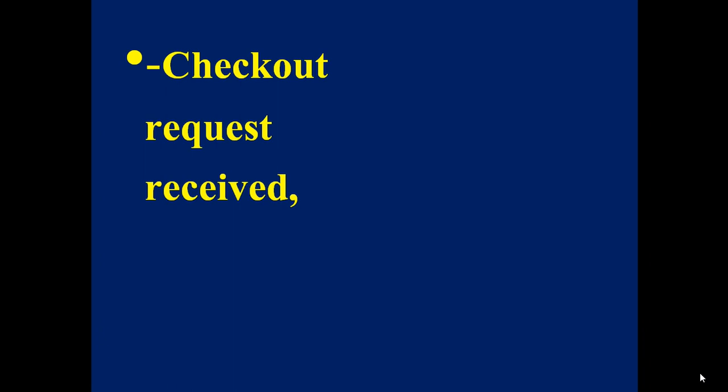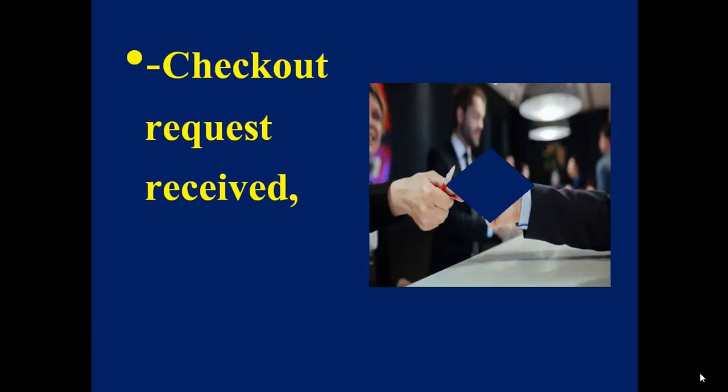Now there are basic 4 steps which should be followed by front office staff while dealing with a fully automated system in 5-star hotel. First is checkout request received. As soon as front office department receives the checkout request, front office start working on closing the account of the particular guest. So they send departure notification slip, and simultaneously they inform Buildex as well. So Buildex will also be in a position to go and collect the luggage, receive the keys, and hand over the keys to front office department.